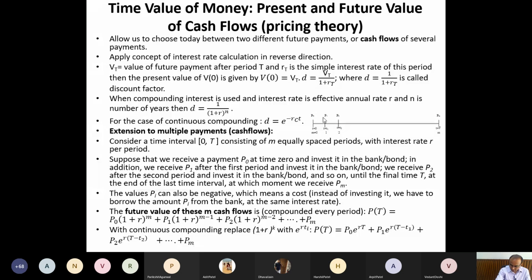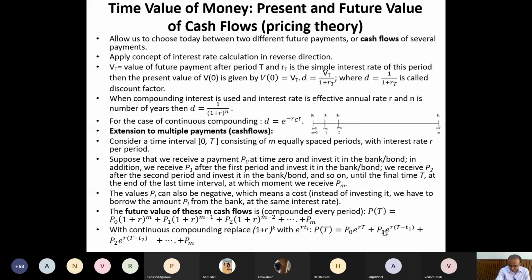Okay. Instead of compounding at every period, if I use continuous compounding, let's say I invest this P0 and the amount gets continuously compounded at every instant, it becomes continuous instead of discrete. Then what will be my future value? So PT will be P0, and instead of the (1 plus R) factor, there will be the exponent e raised to R, the period rate, multiplied by the exact value of time instead of m number of periods, which is capital T, maybe in years or months or whatever. So it is P0 into e raised to RT. So that money P0 will grow to P0 e raised to R capital T.